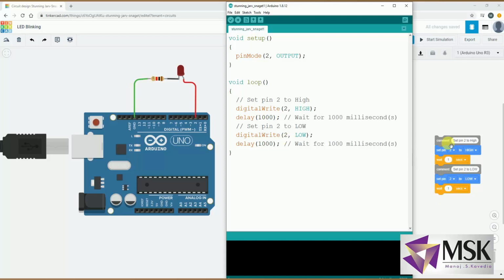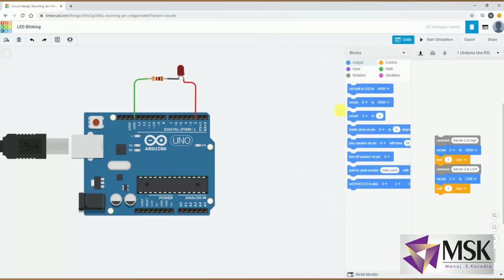Now this code you can compile and download in the board, and you can verify on that particular board. So this is how my code is generated. So I hope the block programming and how the code is to be written is clear to you. The next simulation is a simulation of traffic signal, where I'll have 3 LEDs, red, yellow and green.